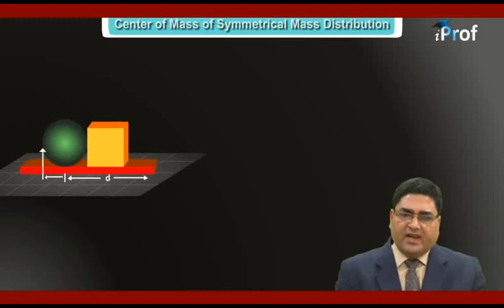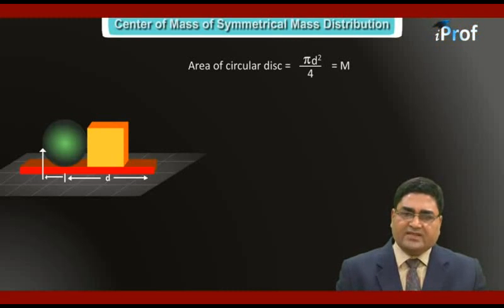Since the material and thickness are the same for both, the area of the circular disc is pi d square upon 4. Let us assume this area corresponds to mass M. So the mass of the square plate will be equal to 4m upon pi, because the area of a square plate is d square. Since pi d square upon 4 corresponds to m, unit area corresponds to 4m upon pi d square. So d square corresponds to 4m upon pi d square into d square,